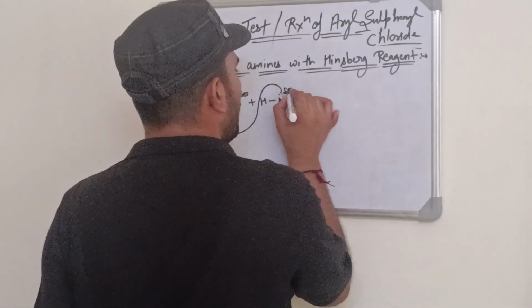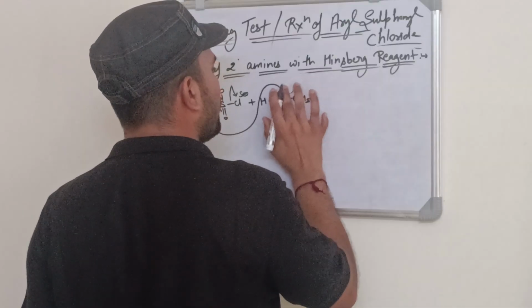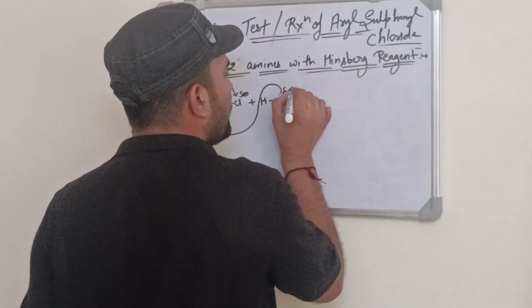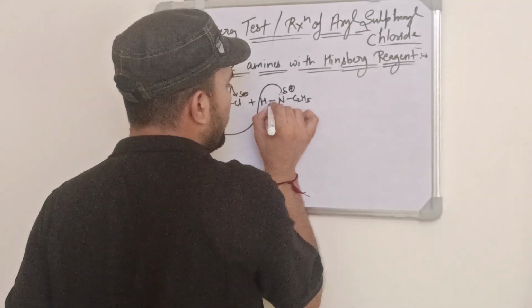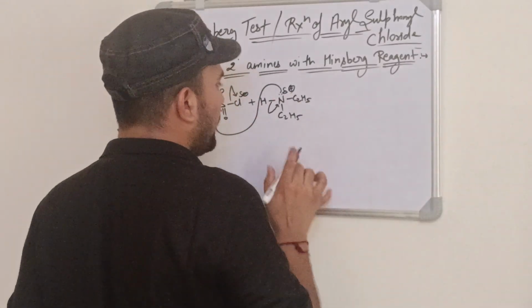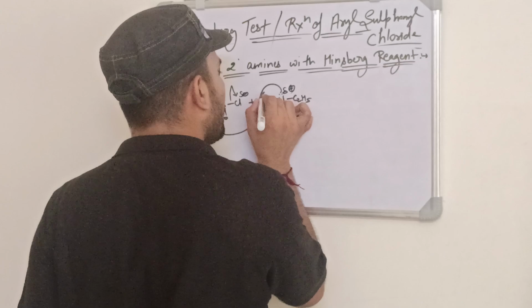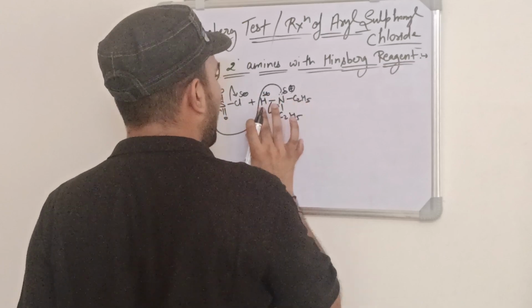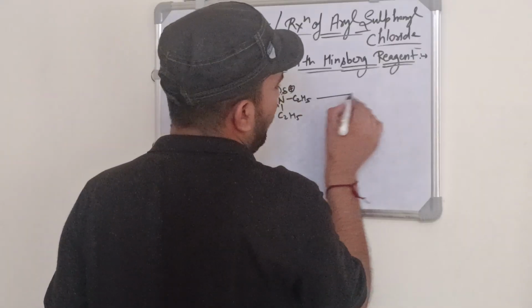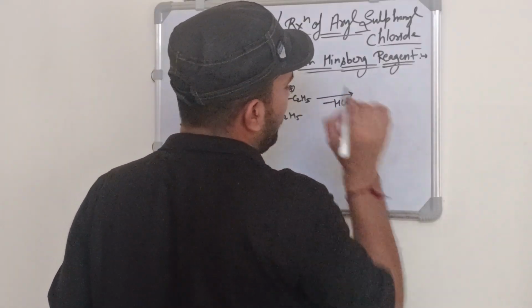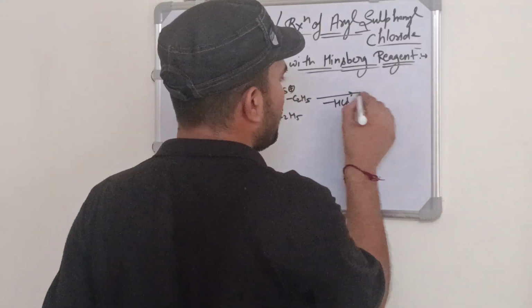This nitrogen wants to become stable, so these bond electrons shift onto this nitrogen and it becomes neutral. So from here you will get a partial positive hydrogen. This partial positive hydrogen and this partial negative Cl will make a bond, and from here HCl will be removed. Okay, and we will get